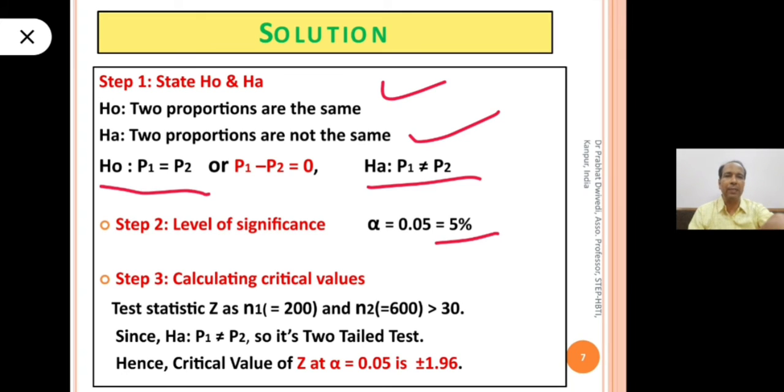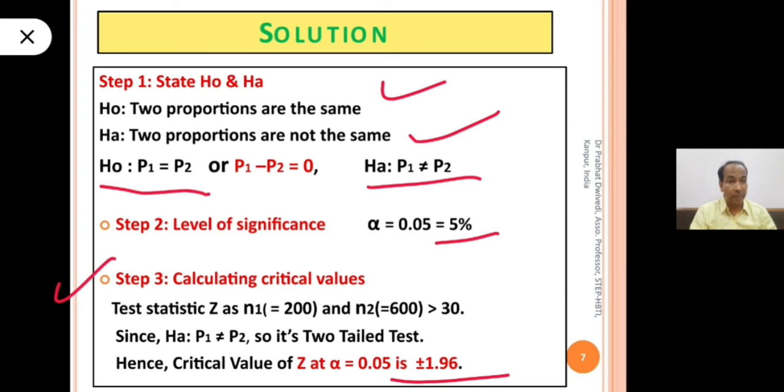Step 3 is to calculate critical values. As I told you earlier, the test statistic is Z as the sizes of the samples are more than 30. Both samples are large, 200 and 600, and the alternative hypothesis has a not equal to sign. So this is a two-tail test. So here we will check the critical value for Z in a two-tail test at 5% level of significance. So that is plus minus